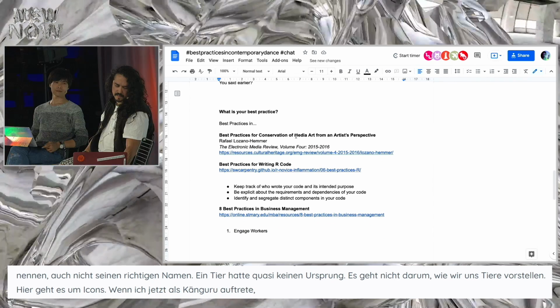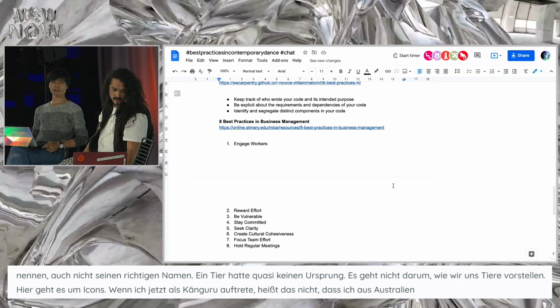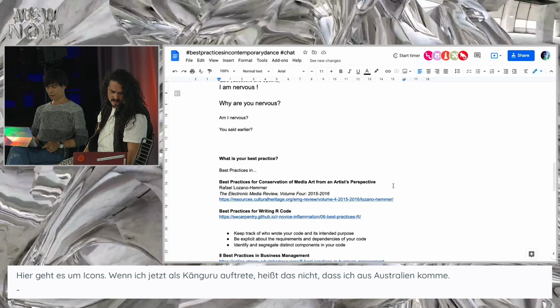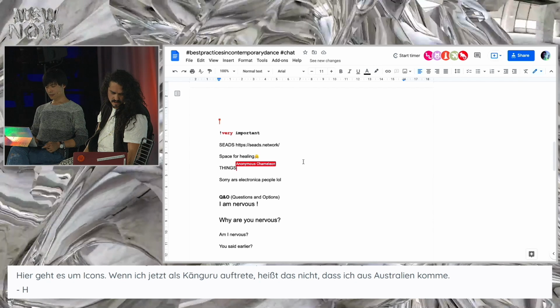Did you put this, best practices for conservation of media art? Yeah, that's what I copy and pasted. But I did research. You put it before, but also this thing? Anonymous